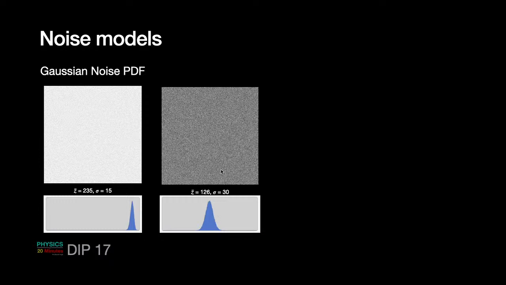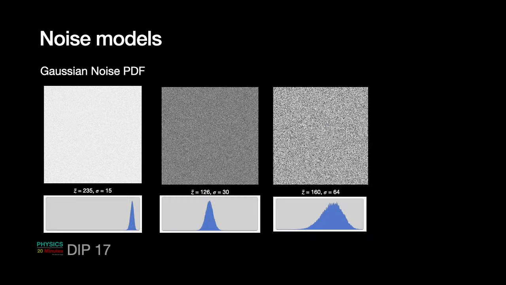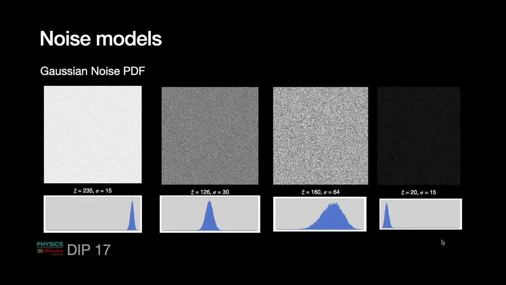Now here you can see that the fluctuations in black and white or gray and white are quite large as compared to this. Sigma is double, 30. So you can see that this is wider than this one. And then I have 160 and sigma is now 64. You can see that the curve widens and you can place it anywhere. This is where the curve is placed at Z 20, very close to dark. Sigma is again 15 as in this case. And you can see that the fluctuations are there in the very dark region. So these are the four examples of Gaussian noise,